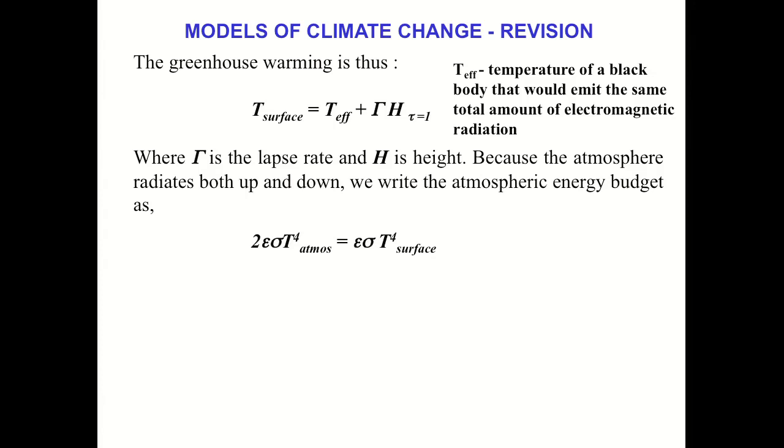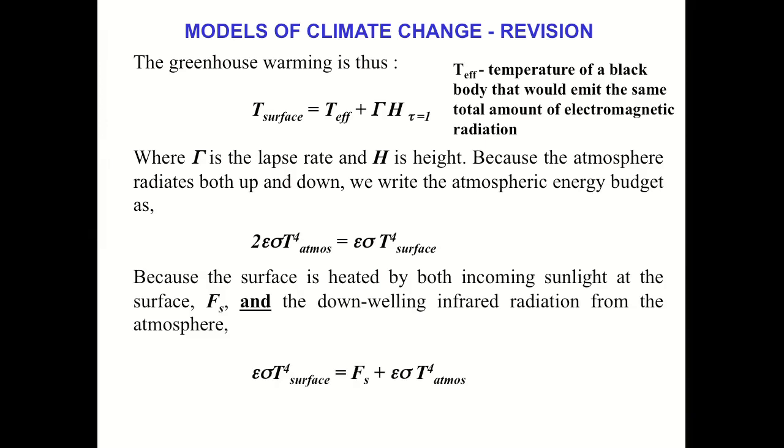And remember, the atmosphere radiates upwards and downwards. So we have to write the energy budget as essentially the sum of those two products in our simple model, one upwards, one downwards, so 2 sigma T to the 4th. And that, of course, has got to be balanced by the energy budget at the surface, sigma T to the 4th, where T there is now the surface temperature. But of course, we also include this epsilon term to take into account that we're not really dealing with a perfect black body.